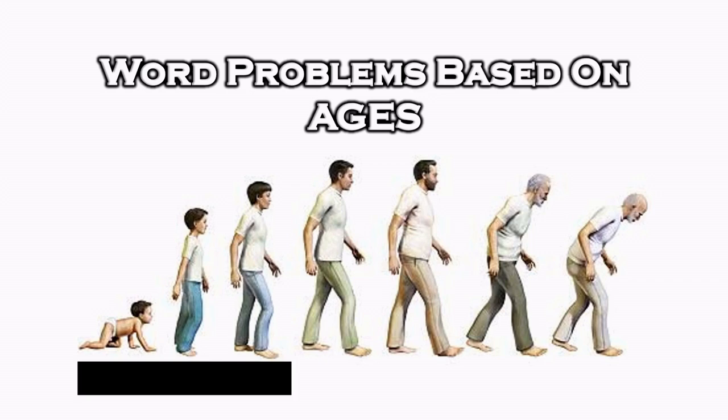Once the equation is formed, we simplify it and solve it to find the value of the variable. Finally, we substitute the value back into the age expressions and check whether the answer satisfies all the given conditions. In this chapter, we will learn how to solve different types of age-related word problems in a simple and systematic way using quadratic equations.